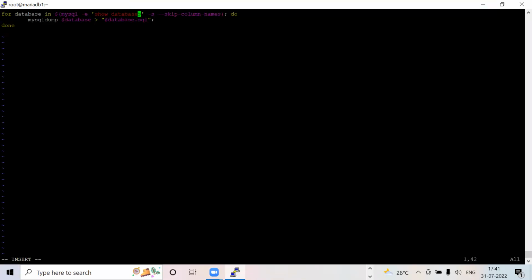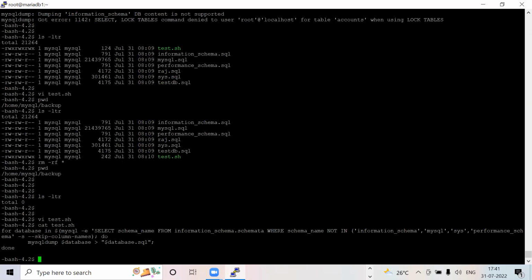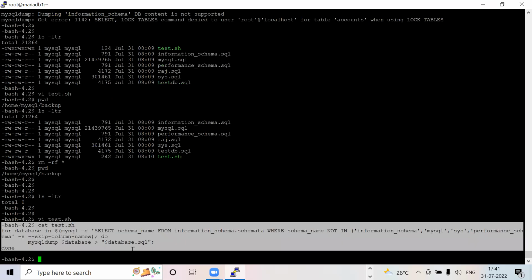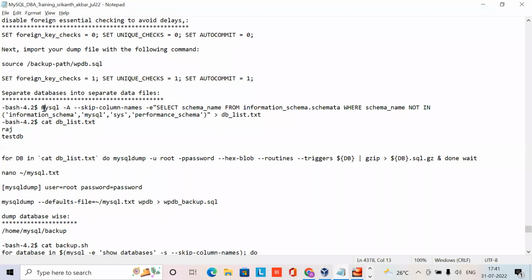My intention is that I don't want the old dump files, but I'm removing the script as well. Okay, escape column WQ. Let it die. Take this. Test.sh. Let me take the script. So we are not defining any database or variables like that. How will it take